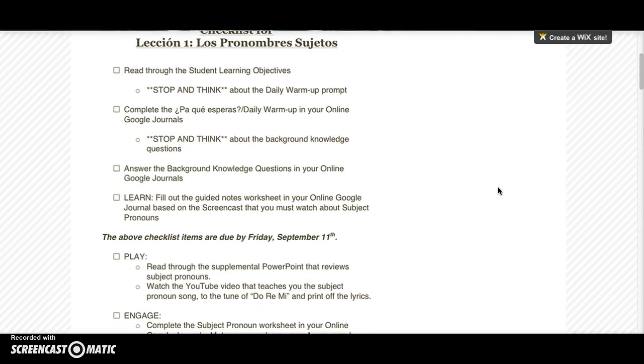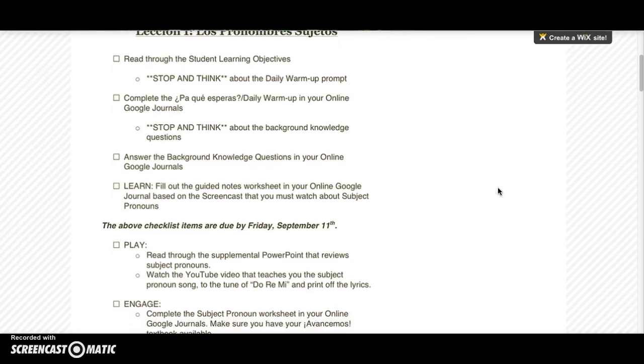First, you must read through the student learning objectives. I will show you where this is in a minute after we go through the checklist, but we will go through each item on the website as well. After you read through the student learning objectives, I ask that you stop and think about the daily warm-up prompt before completing it. After you've given yourself enough time, complete the Pa Que Esperas, your daily warm-up, in your online